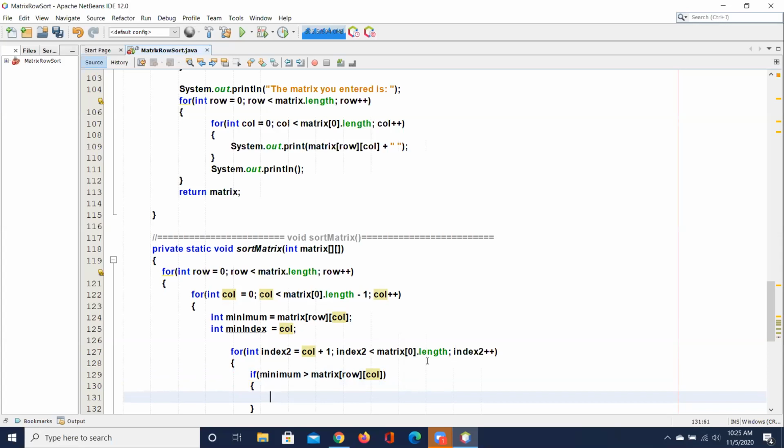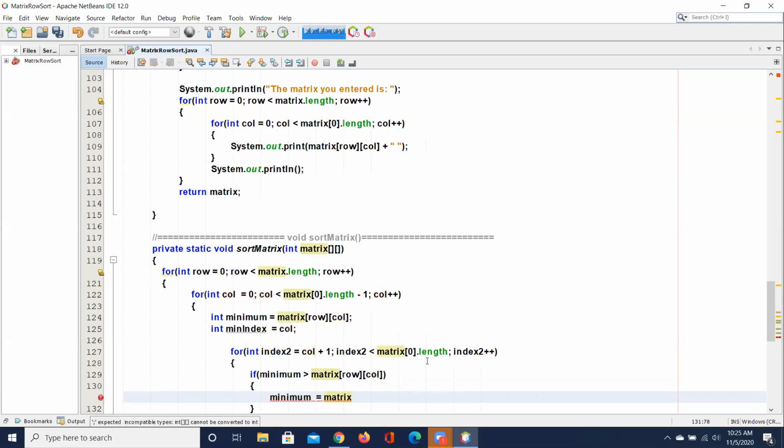So then the current minimum will become what's currently in the